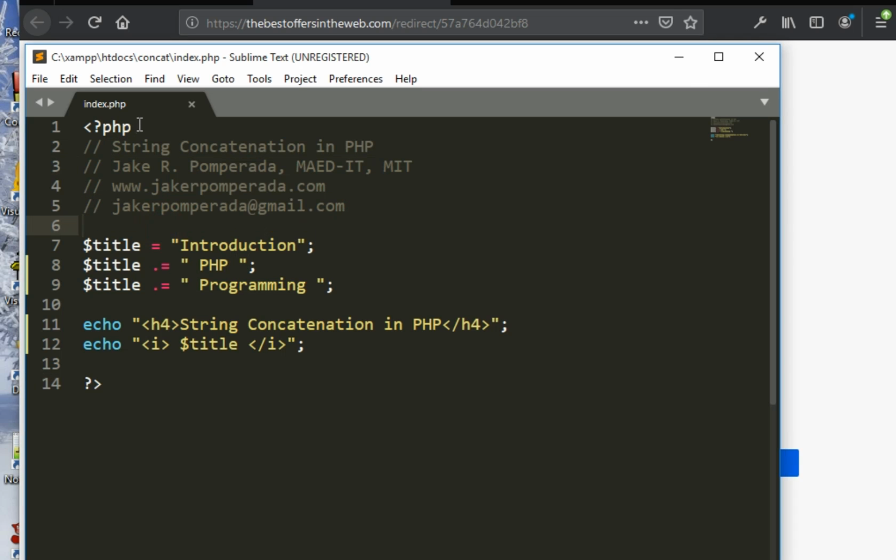We started with less than question mark PHP, the starting tag in PHP, and then we have $title equals a value. So we have here "Introduction", then $title .= "PHP", and then the third line will be the same, $title .= "programming". So what the dot symbol does is combine all three strings in our program. Now here, echo